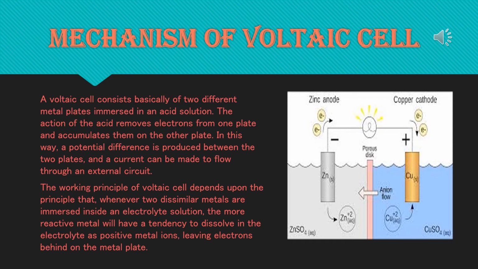That only happened. H plus ions from the solution, that means H2SO4 is there, so H plus ions from the solution reaching the copper plate collect electrons from the plate to become electrically neutral hydrogen atoms. This hydrogen atom forms hydrogen molecule which comes out as hydrogen gas, and copper plate becomes positively charged. That's why copper 2 plus ion is going to copper plate. See the diagram. In the cell, the copper plate is called positive electrode or positive pole or anode, and the zinc plate as negative electrode or negative pole or cathode.